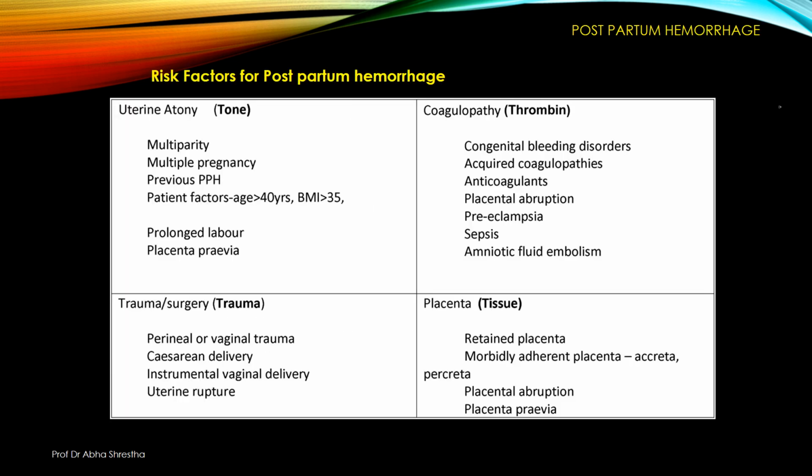Risk factors for different causes of postpartum hemorrhage. First one, the tone, which is the most common one, and the cause for uterine atony is multiparity. The uterus has already lost its tone because it has given birth to so many children. The elasticity is lost. Second thing is multiple pregnancy. The same principle holds here also, where the uterus is overtly enlarged. So, coming back to its pre-pregnant state is very difficult, and it's one of the most important causes for atonic